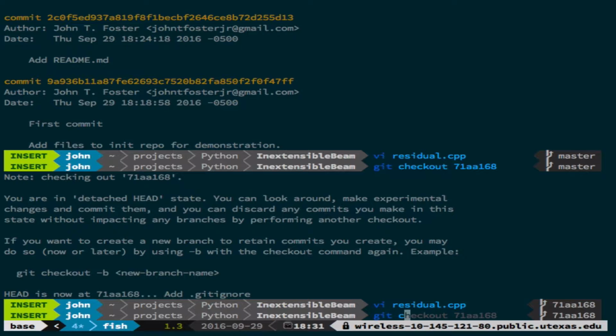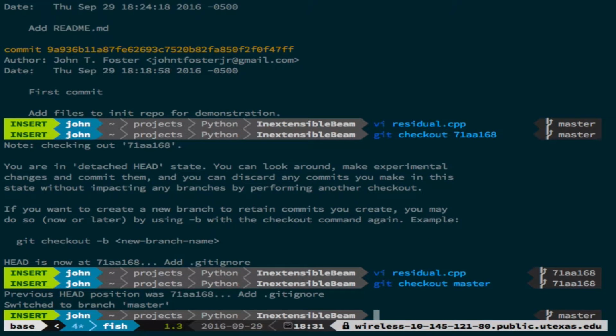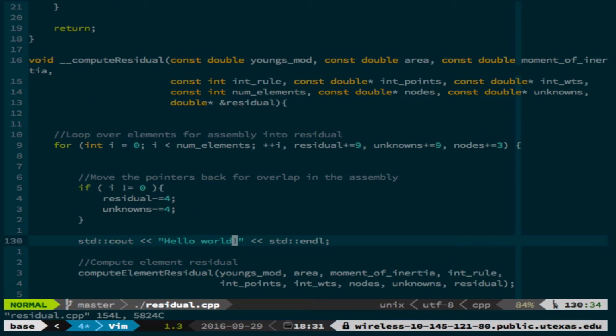For now, I'm just going to go back and check out master again. Okay, so now I'm back, and now if I look at residual.cpp, it's there again. So I just went back in time and I came back. So a better workflow, and this is really what Git is made for, and this is a best practice,